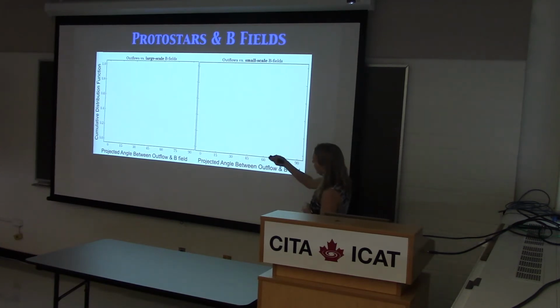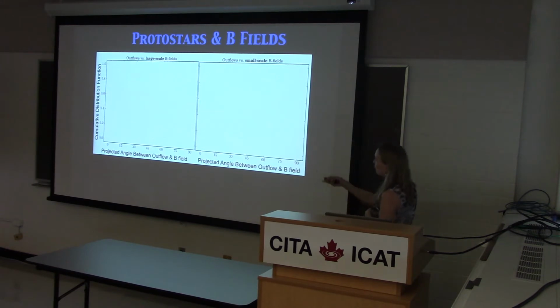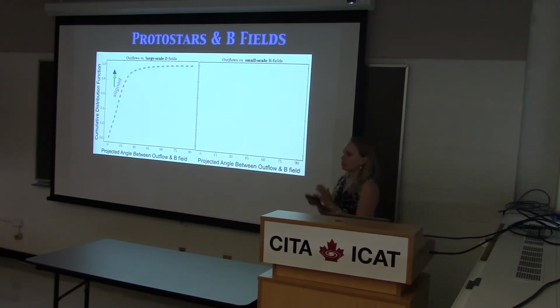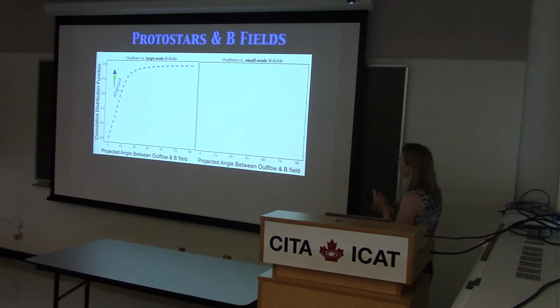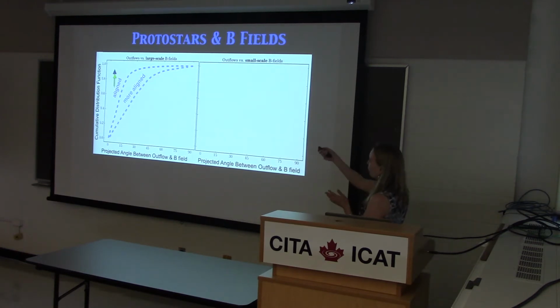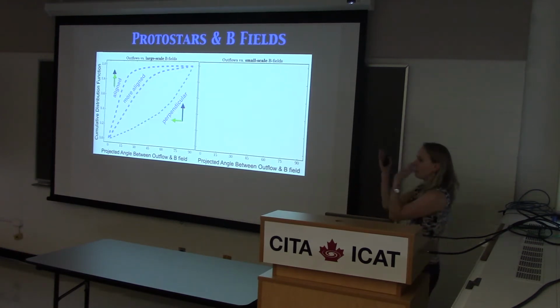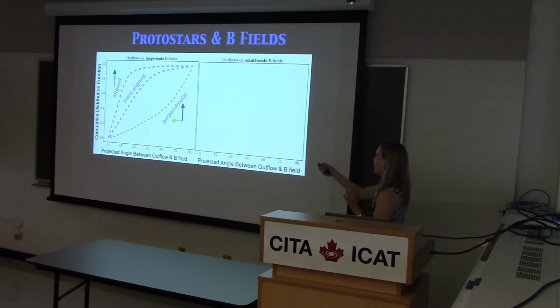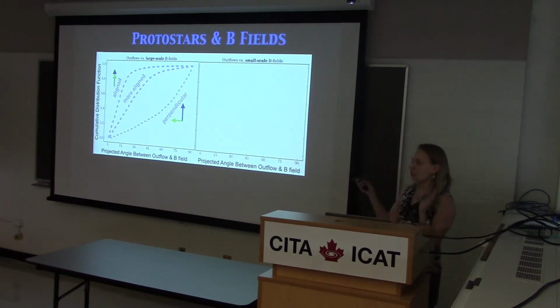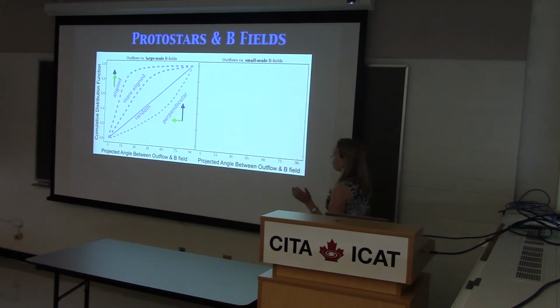All right, so he created a cumulative distribution function plot of this projected angle difference, right? If you expect them to be aligned, then you should get a distribution that looks like this. If they're pretty much aligned, the distribution should look like this. If they're not aligned and they're perpendicular, you should get this distribution. And if they're totally uncorrelated, you should get the random distribution.